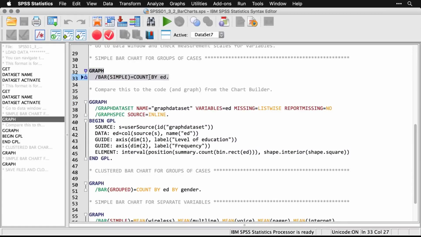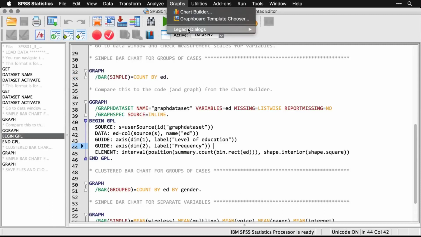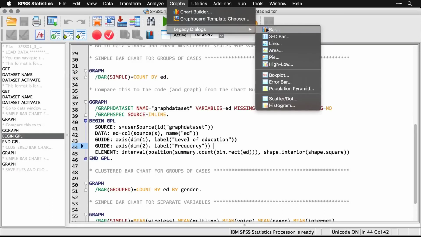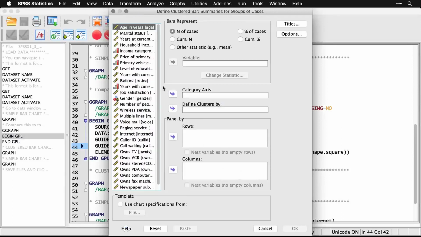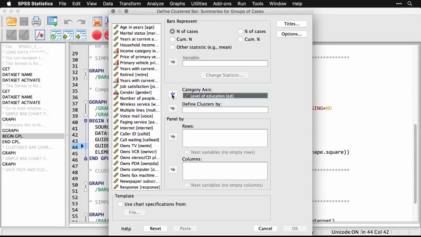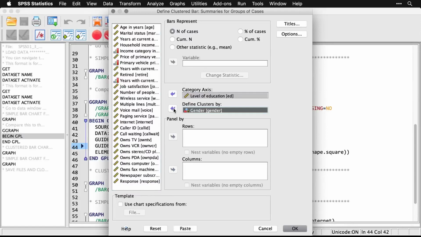Now let's do a clustered bar chart for groups of cases. We'll look at levels of education by gender. To do that, we come back up to graphs and to legacy dialogues to bar. And now we're going to cluster it. We're going to do level of education clustered by gender. So I hit define. And we'll get level of education, that's sort of our outcome variable. Put that under category axis and then define clusters by gender. Let me put that right there. I'll hit OK